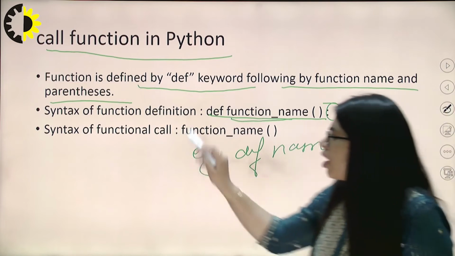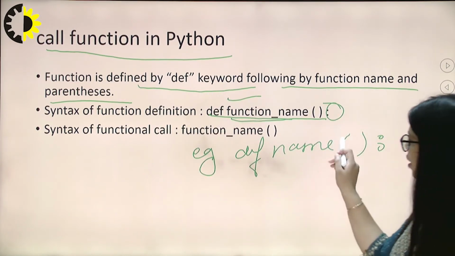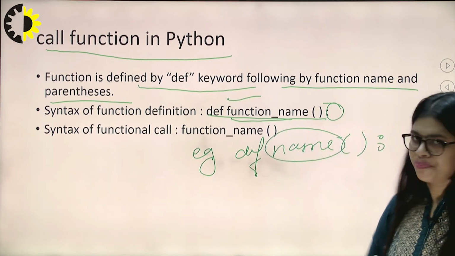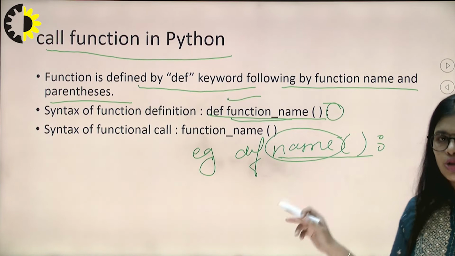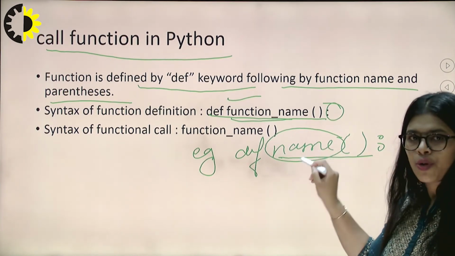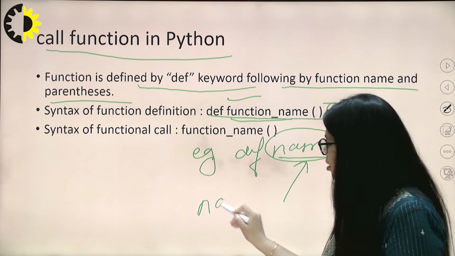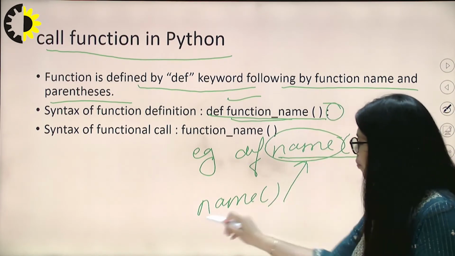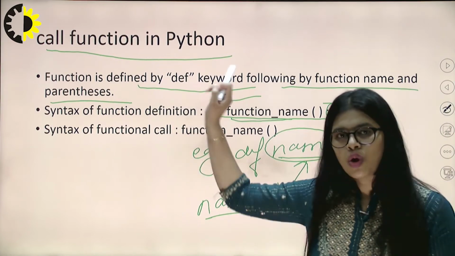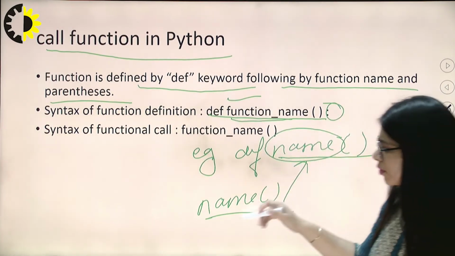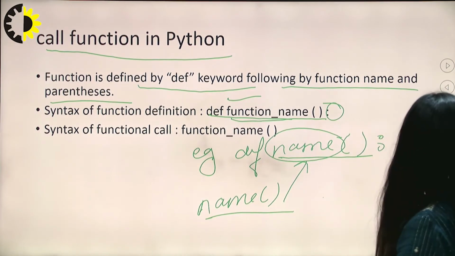The use of the colon is mandatory at the end of this function line. Okay, now this is the creation of a function, and if we are going to use the name function, it is user defined, so to print that value we have to call the function name for printing the value under the name function. Okay, so we have to call that function also. Just like that, I am giving an example here.